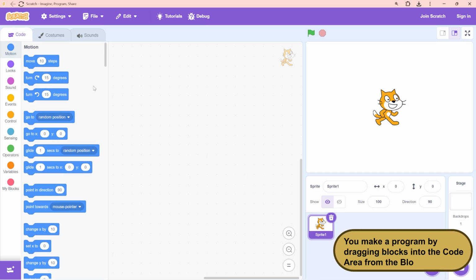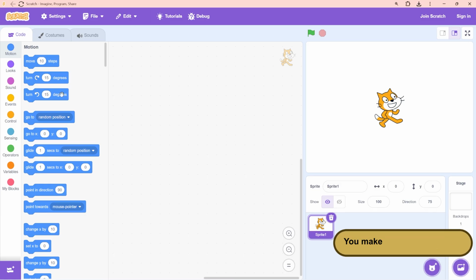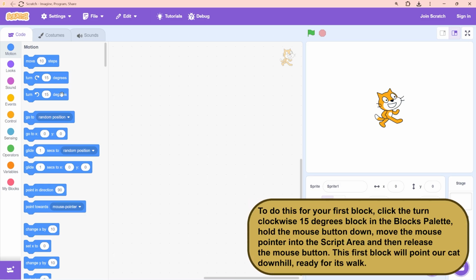Step 4. You make a program by dragging blocks into the code area from the blocks palette. To do this for your first block, click the turn clockwise 15 degrees block in the blocks palette, hold the mouse button down, move the mouse pointer into the script area and then release the mouse button.